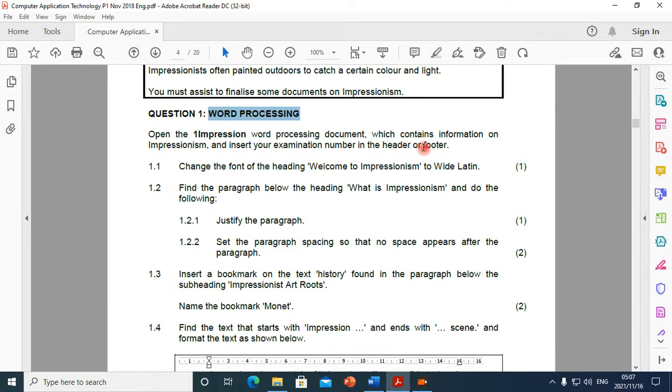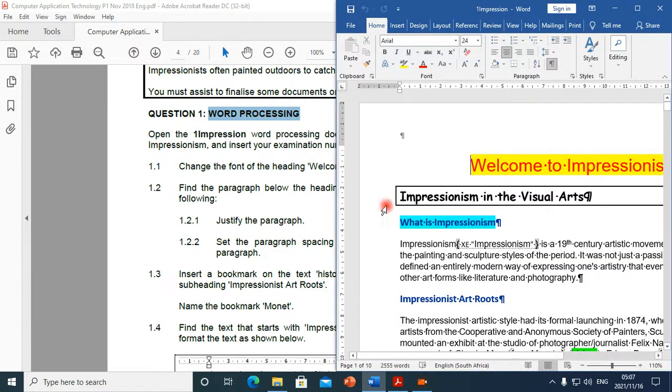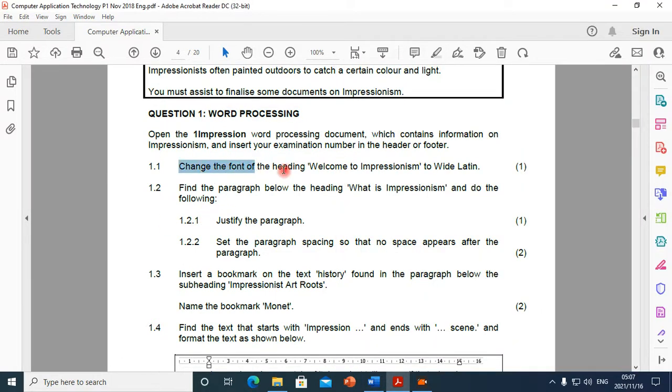So this is what we are going to be answering. So we are going to quickly go to that question, to that document. I've already opened it here. Here is the document, one impressionism, as you can see over there on the title bar. So they are saying change the font